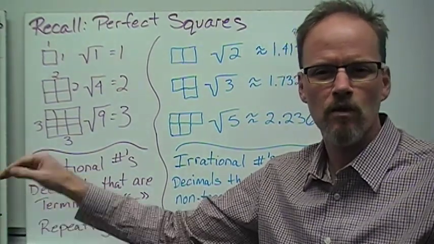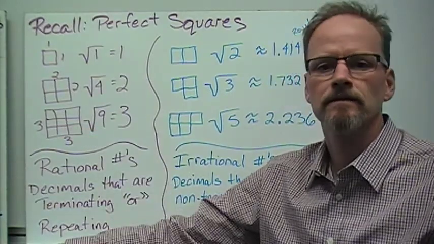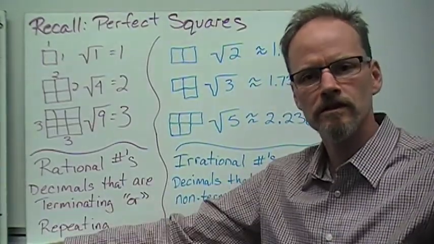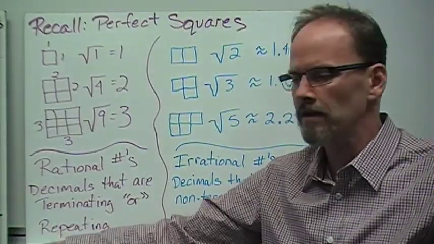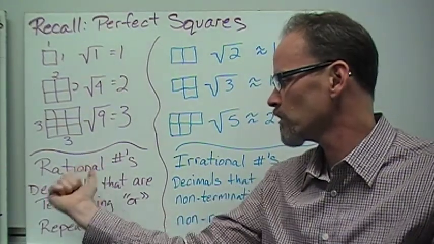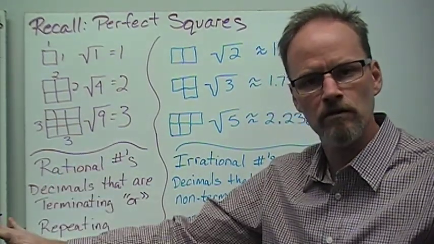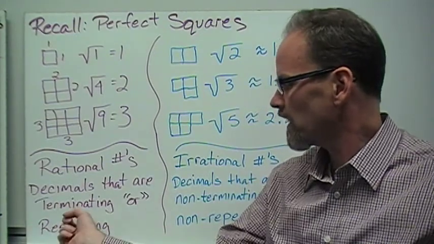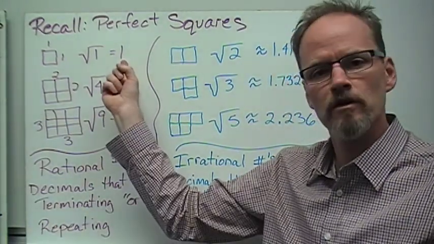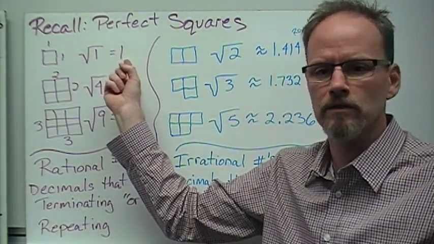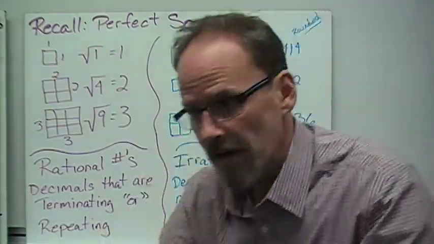When we have a perfect square underneath the square root sign, what kind of numbers do we always get? We get the rational numbers. If you remember, those are decimals that terminate. For instance, look at that. That number terminates. That's a terminating decimal because,